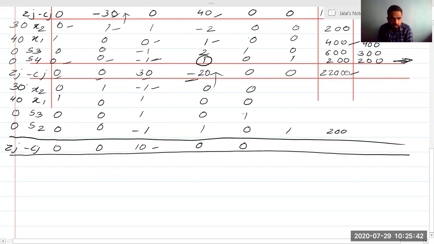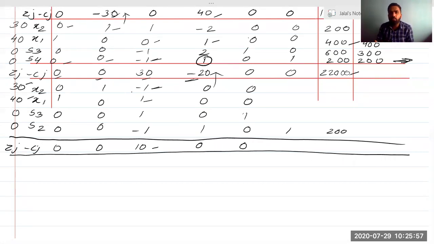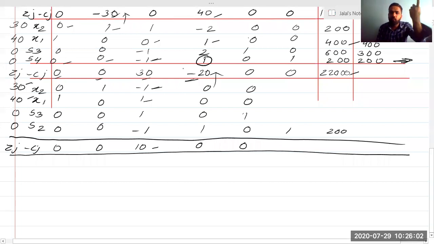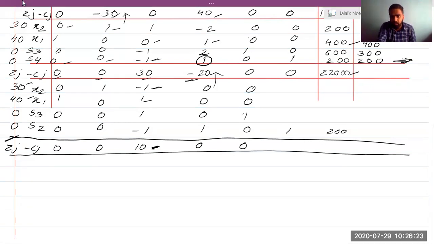You can even find this by this method. Dekho, 30 into minus 1 is minus 30, correct? Plus 40 into 1 is how much? Plus 40. So 30 minus 40 is how much? 30 minus 40 will be 10. 10 plus 0 into 1 plus 0 into minus 1. So you are getting 10. 10 minus Cj. Can you find the Cj? What was the Cj for S1? Cj for S1 was 0. So 10 minus 0, you will eventually get the value as 10 only. You don't have to worry. You can do it by either method, but you can only do it for Zj minus Cj, correct? You can't do it to find x1, x2, s1 and all the basis variables value. You can't find it by Zj minus Cj.